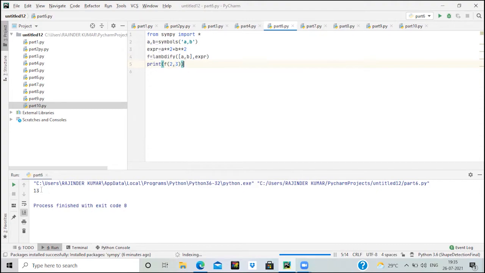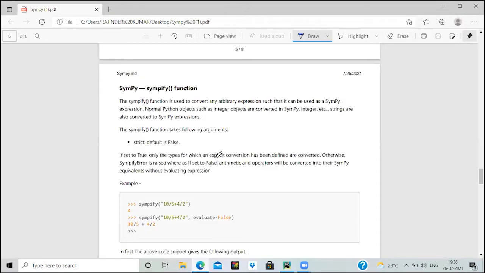You get 13 as the output. Then let's run this and see what's exactly the output. Here we are just simply printing the expression that we have defined over here.